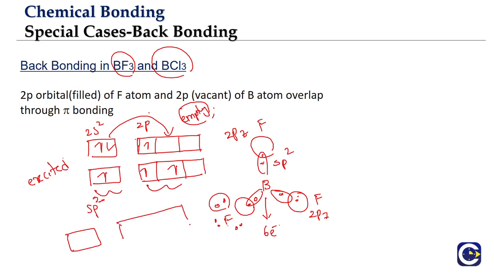The electronic arrangement of fluorine is 2s2, 2p5. So the pz orbital is already used for the sigma bond formation with the boron. Now we have the px orbital as well as the py orbital and the s orbital also. Between these 3, the s orbital will be a little bit more strongly held by the nucleus in comparison to the px or py.